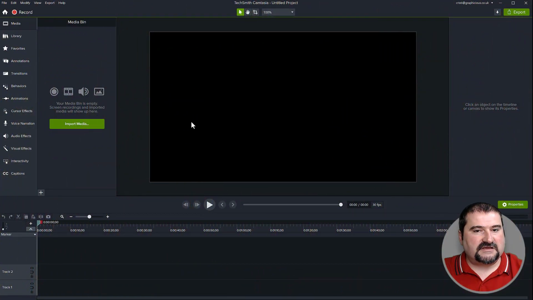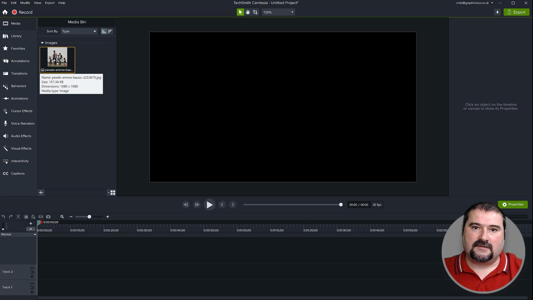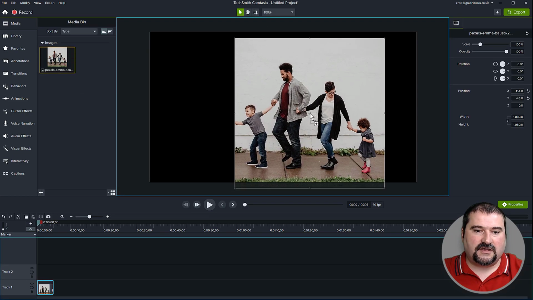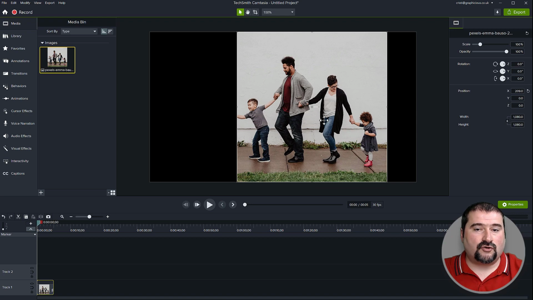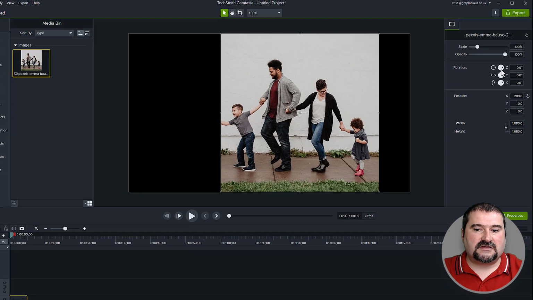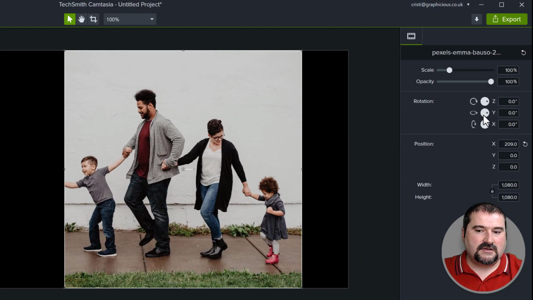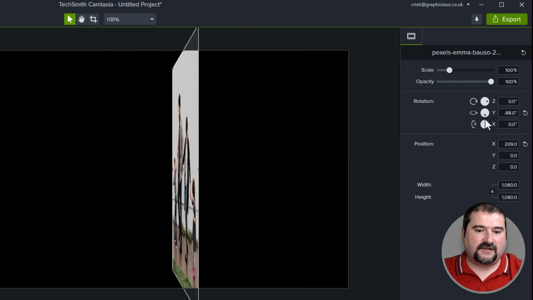First of all, let me explain why this is possible now in Camtasia 2022. It was kind of possible in 21, but you needed to do a lot of extra work just to get this to work. The reason was rotation. If I have this picture here that I bring in, the effect of this flipbook is going to hinge on our ability to rotate this image in 3D space. What I mean by that is, you can see the Y rotation axis here. So if I rotate this, you can see the image flips like this.